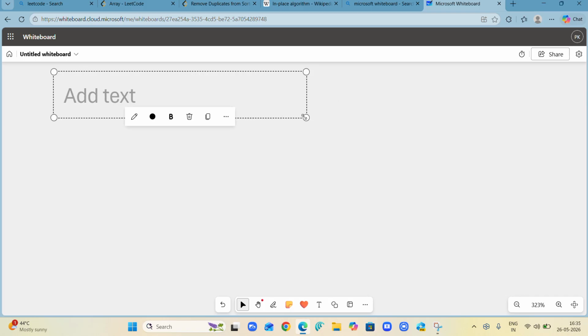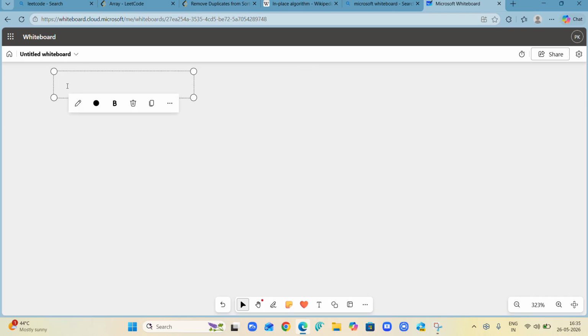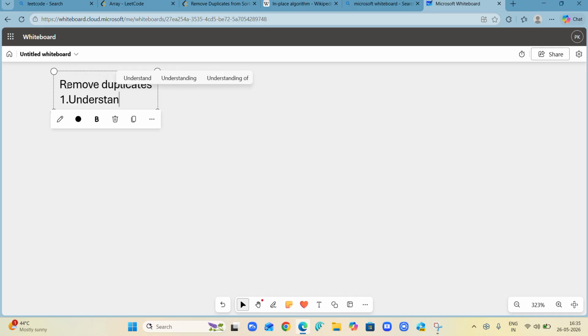So here the question is remove duplicates. Now the first thing after looking at the LeetCode question, what should come to your mind? First of all, read the question very carefully. As I emphasized at one point, what the question is saying, and since in place is written, you can ignore the elements, just catch the points. So first of all you need to understand the question. Now moving on to the next part.